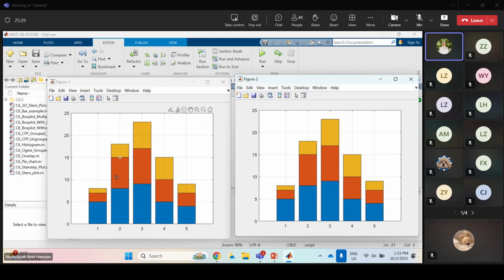But this one is a bit transparent so that you can see the grid. This one is not transparent. Very solid color. Do you understand? So this is using layer top. This one is not. Actually it depends on you. If you like it to be visible, then use layer top. If not,